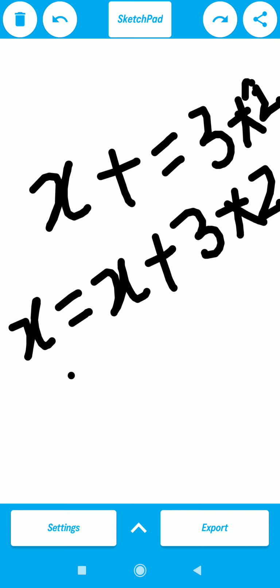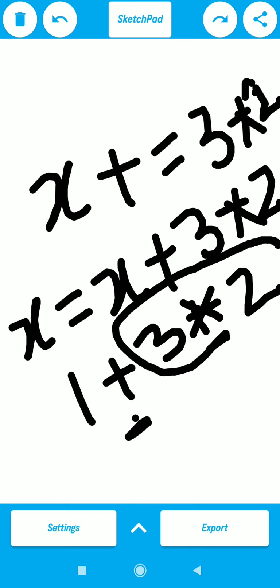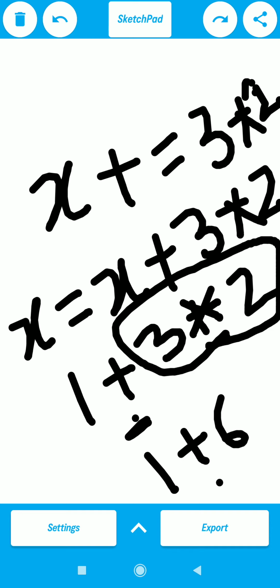So here it is 1 plus 3 multiplied by 2. So plus and multiplication, which one is the higher priority operator? The multiplication has the higher priority, so it will execute first. So 1 plus 6, the answer is 7.